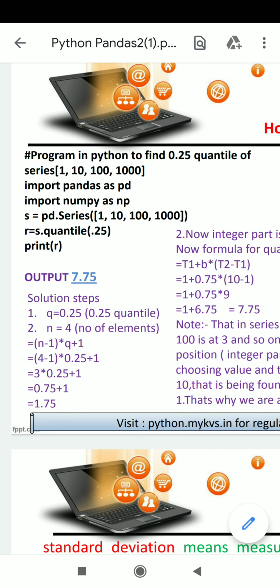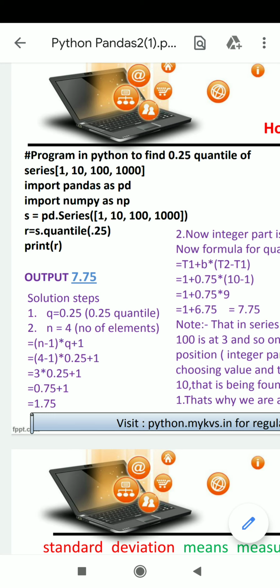Finding quantile is very easy with the help of a pandas object. We just have to fill the values inside the list to create the series and pass the quantile part in the quantile method. Whatever result exists is assigned into R and that R will be displayed. So finding quantile is very easy with the help of the quantile method of a pandas object. How that quantile method works is given in these steps.